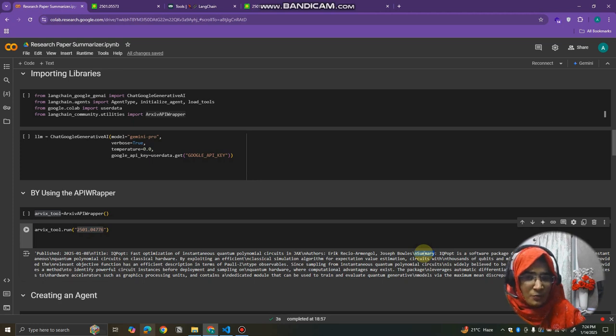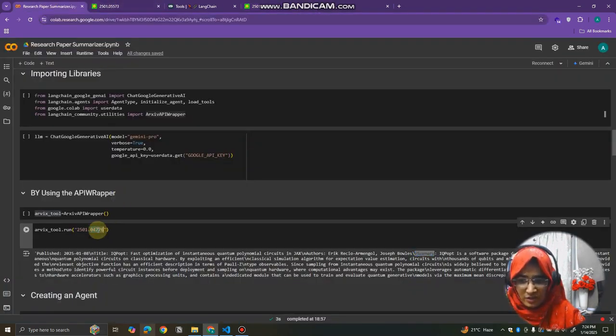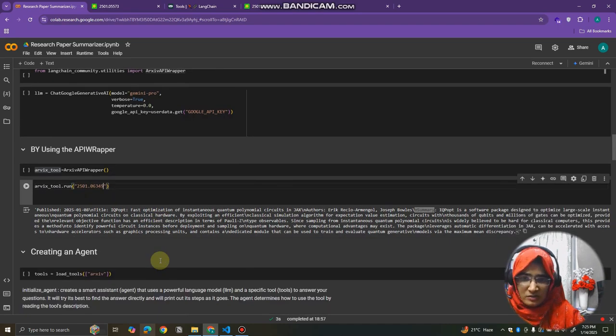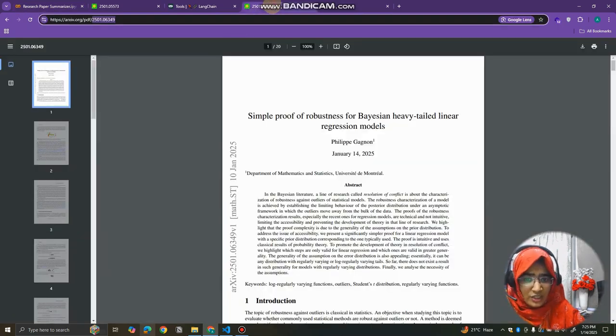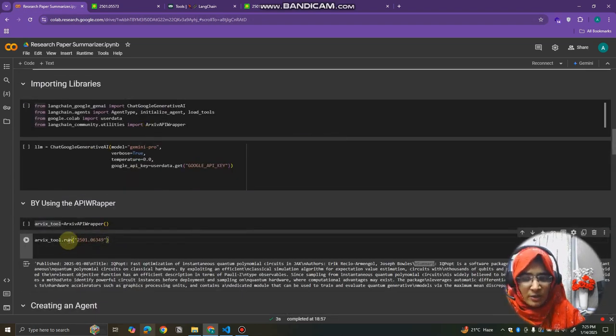So the arXiv API wrapper is so intelligent, or so worthful, that without using a prompt or an LLM, we are actually getting answers that are useful for us. If I go through this, I will go into the Colab and change this number to the specific one that we want. If I run this, it will provide the same data as we have here, and you can try it now. Okay, that's all about the API wrapper.